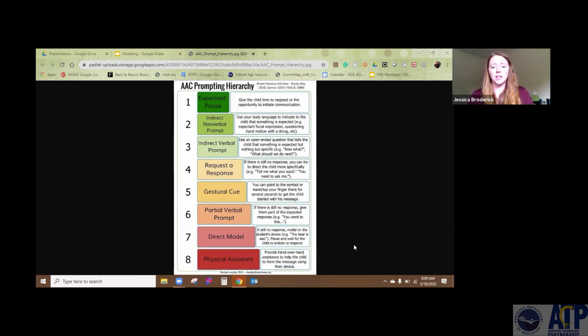And finally, our last one is a physical assist. And so if I can tell that kid is just super excited about this car and really wants that, I could do, this is hand over hand, and I don't like that, but I've never remade this graphic. Hand under hand is always best for our AAC users. So if this is my child's hand, I might take my hand underneath and kind of help them get there. And so we always want to use hand under hand, so that child sees that as an extension of their